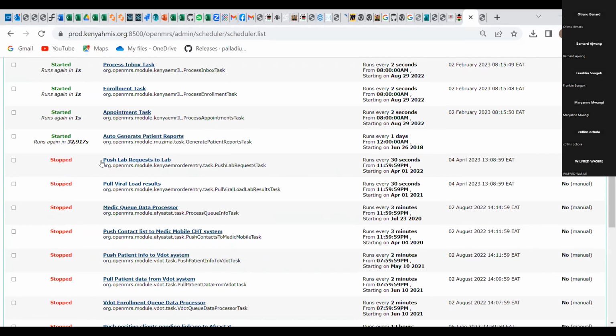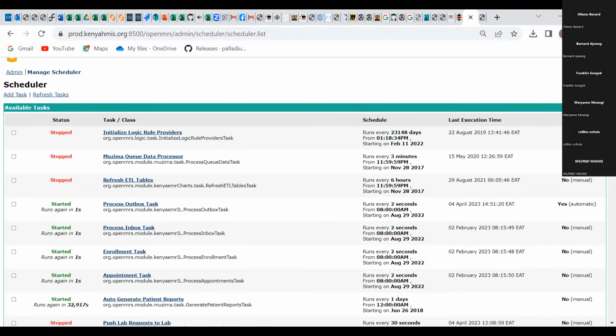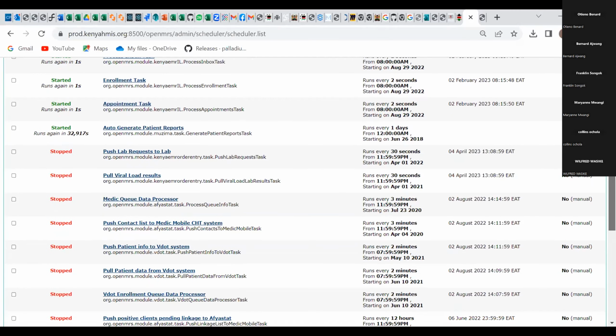For example, if you set the push lab request to run after every 3 seconds, it's also good to confirm the last time it executed. You may find that the configurations are well set. You have started the process